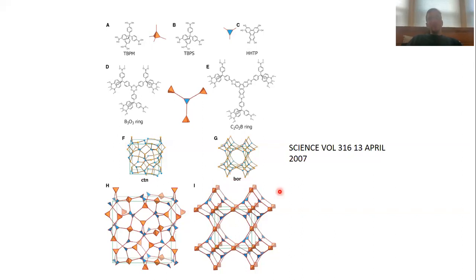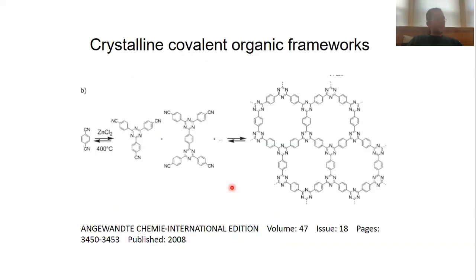Okay. Again, these 3-dimensional structures have extremely low density. They have also extremely high surface areas, but they are chemically not very stable, especially they're not very stable in moist air due to hydrolysis. Therefore, after the discovery of these first covalent organic frameworks, people have looked for other ways to interconnect building blocks that lead to more stable covalent organic frameworks.